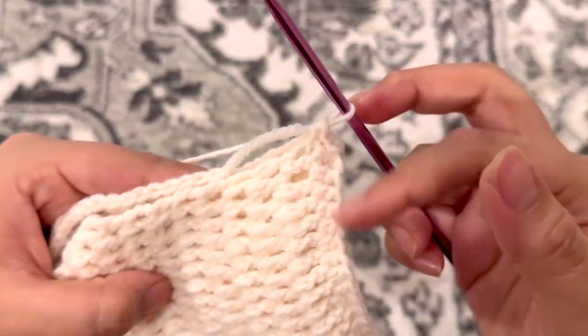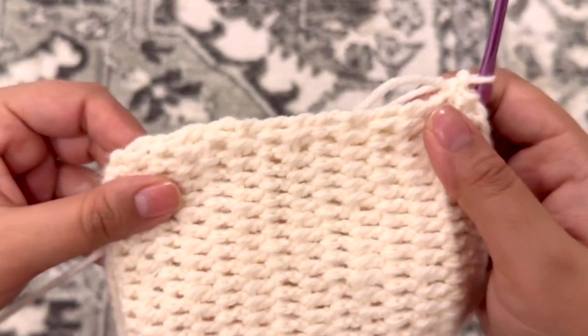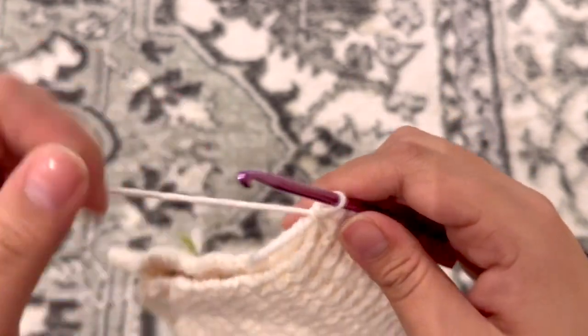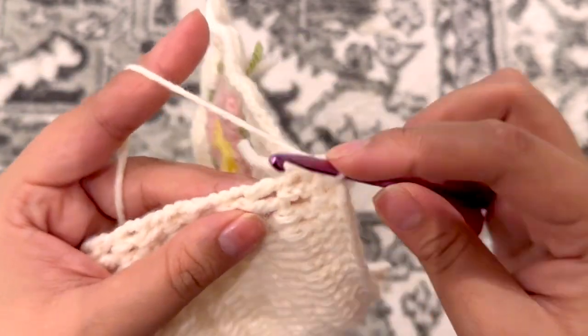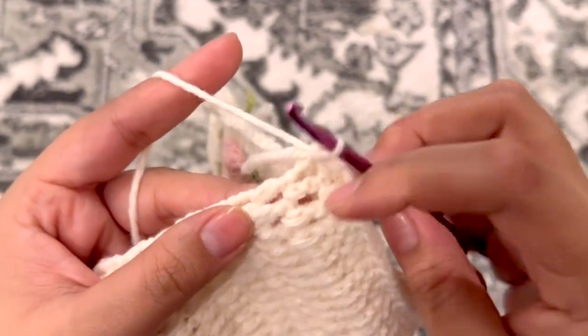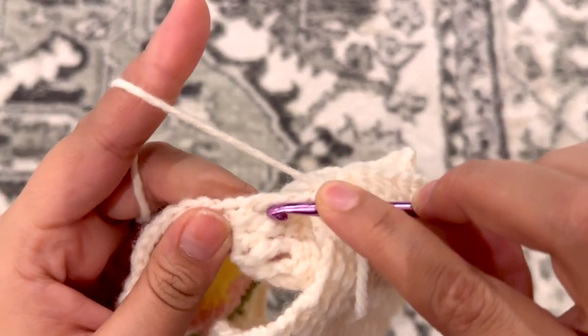So without including this half double crochet row, we have a total of 13 double crochet rows, and that means we'll have 26 single crochets across the side. So I'm going to go into that next double crochet. So this is that first row done. I'm going to go into that second row on this panel. I'm going to go into that second row of this panel,